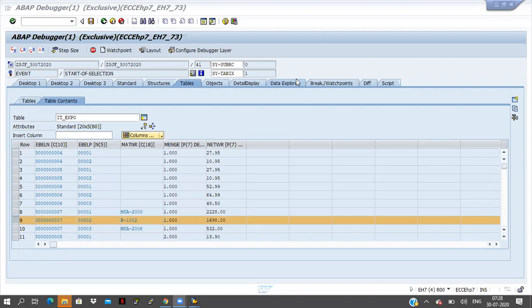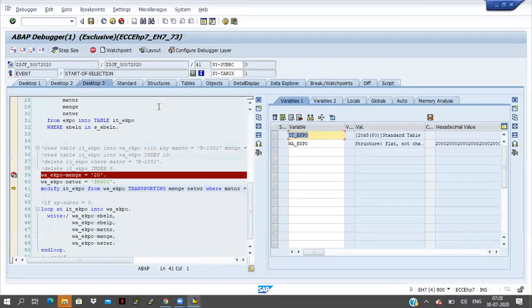See how you are filling the internal table. First of all, we have to fill the work area, right? After filling the work area, you are passing the data to the internal table. Here one record I am storing in the work area, and after that it is moving to the internal table. In the code you have used select from EKPO into the internal table.